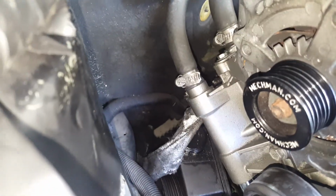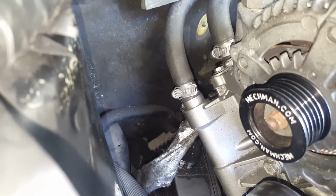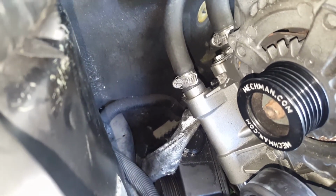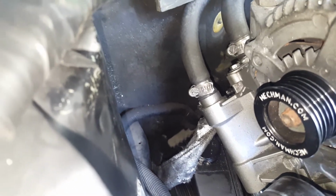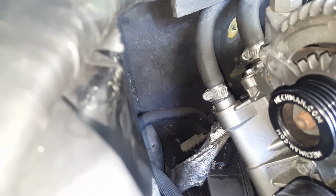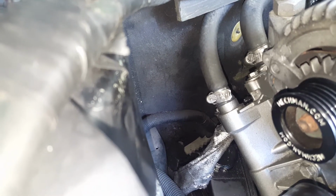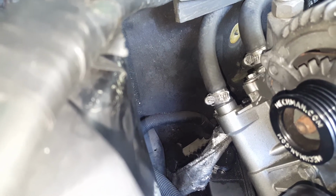This vehicle had a lot of issues when I purchased it, and this is my project car. I always wanted a Monte Carlo. I did not know what I was getting myself into, but it was something to do in the meantime. You know, a lot of people have different hobbies. By trade, I was a mechanic,